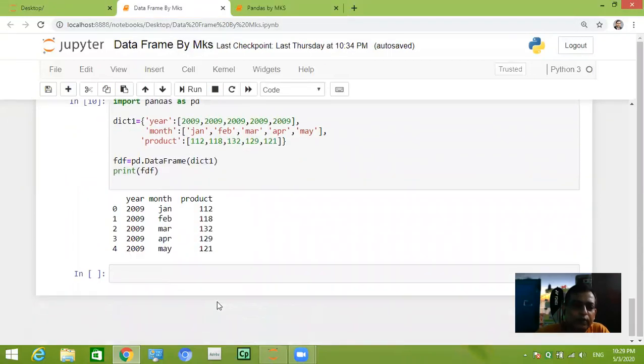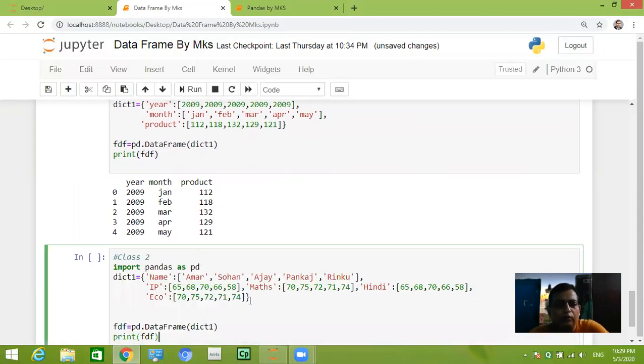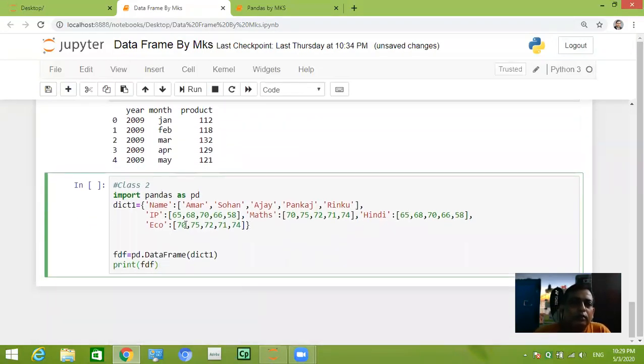So here I wrote one list in the dictionary: name of the students, subject, and marks. So how will it create? Let us see.